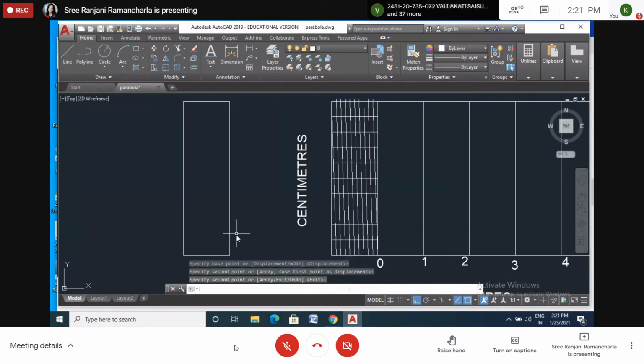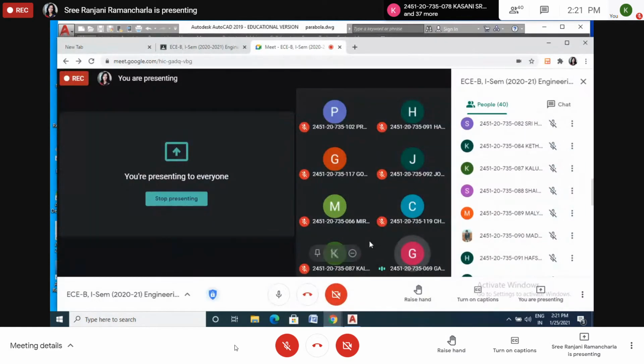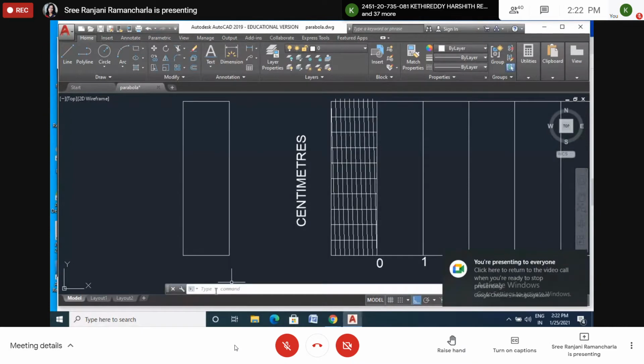Okay, now you are asking how to draw the diagonal lines. Here we have to divide this into 10 equal parts and here also 10 equal parts, right? You know how to divide into 10 equal parts? Who asked this question? Roll number 69. What is the name? Sai Kumar. Yes, Sai Kumar. Now see here, I will divide this into 10 equal parts and here also. You know how to divide into 10 equal parts?